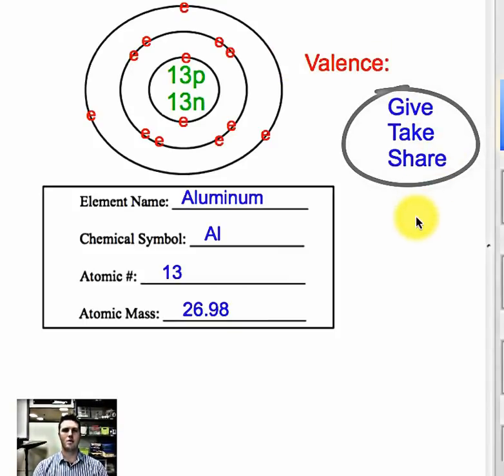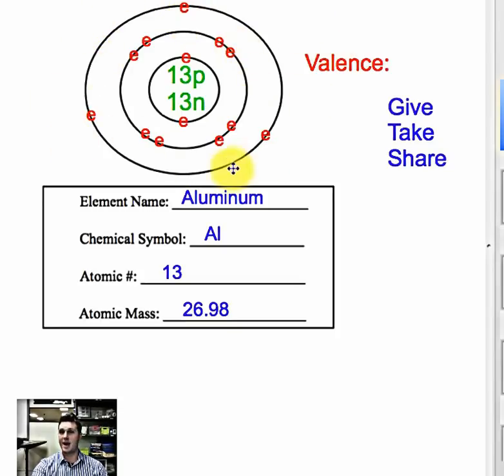Well, we got to know whether or not aluminum, when it wants to bond, is either going to give away electrons, take in electrons, or share electrons. And basically, we want to fill the outermost energy level. Now, obviously, it has 3. We can just add 5 and fill it up. If we added 5, it would be taking electrons from another atom to fill up the